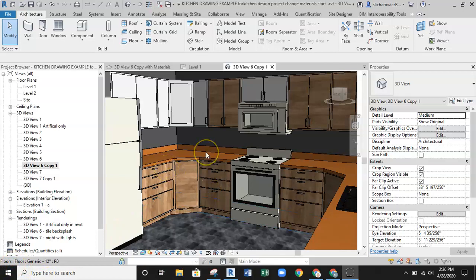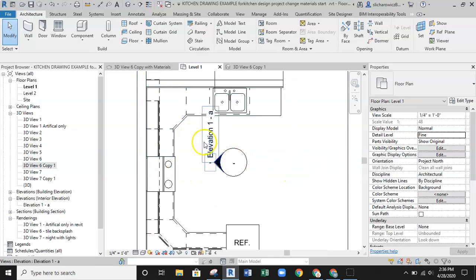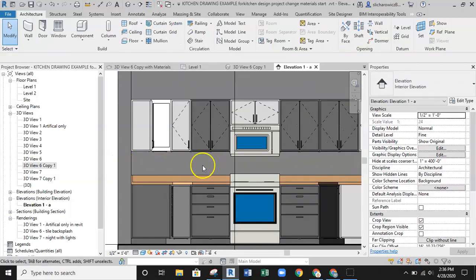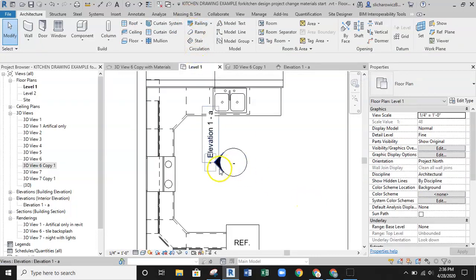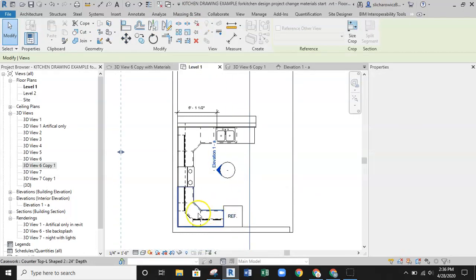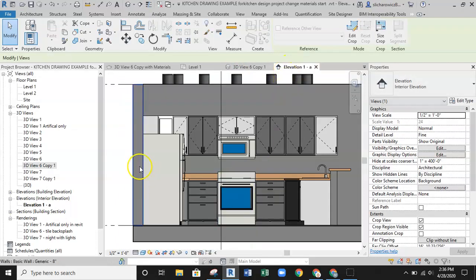To go ahead and get that started, what we're going to do is we need to look directly at that wall because we need to actually trace the wall itself. So I'm going to go back to my level 1, and I want to actually be utilizing this elevation A1. And it's important that this elevation in front of here is an elevation that is in front of that refrigerator, and it is. If for some reason the elevation that you see is back here, so that the refrigerator is in the way of you getting to this wall over here, so it looks something like this,